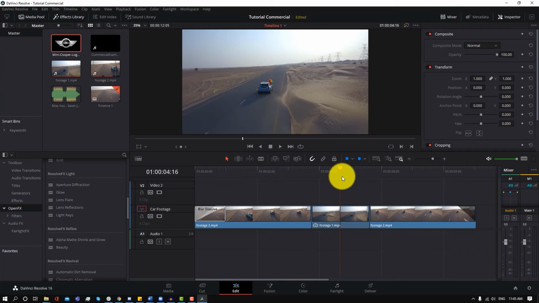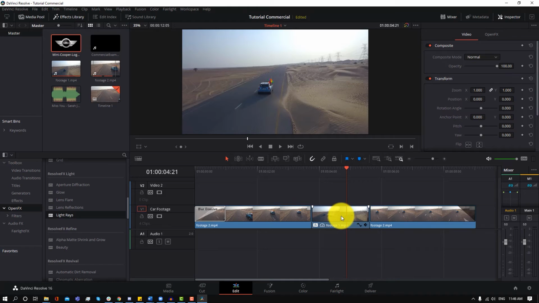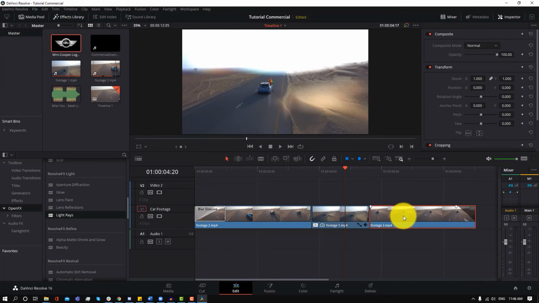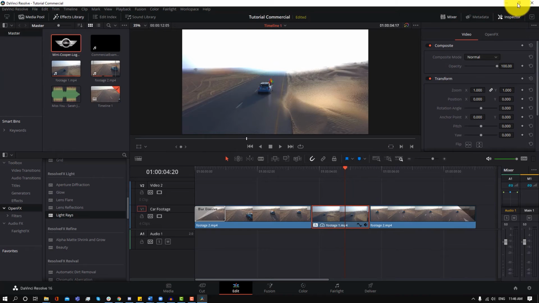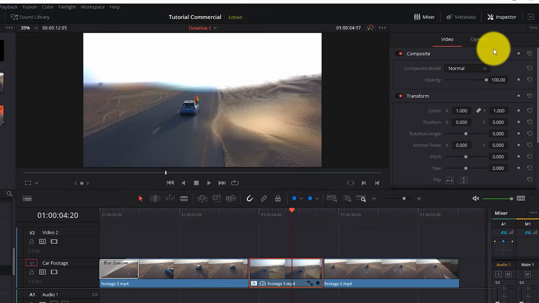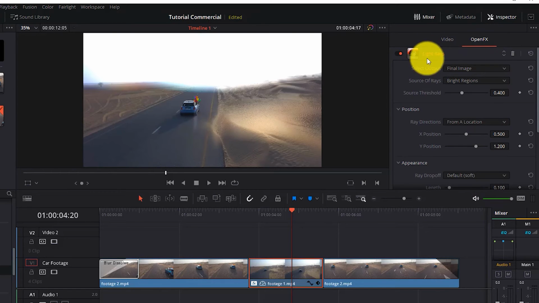One that we can add maybe to the middle clip is a light ray. All you have to do is drag it to your clip, just like the previous transition. And now we have this light ray on our clip. If I wanted to edit this light ray, all I have to do is click on the clip, go into Inspector, like so. And then if I go into the Open Effects,